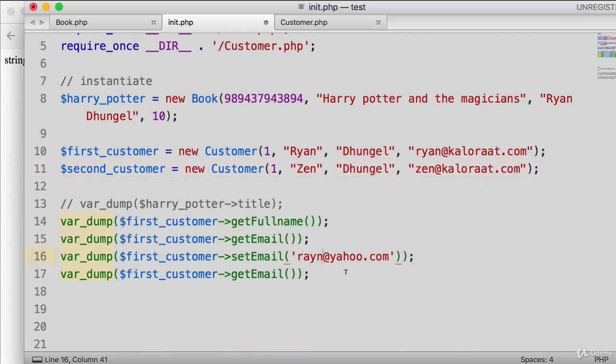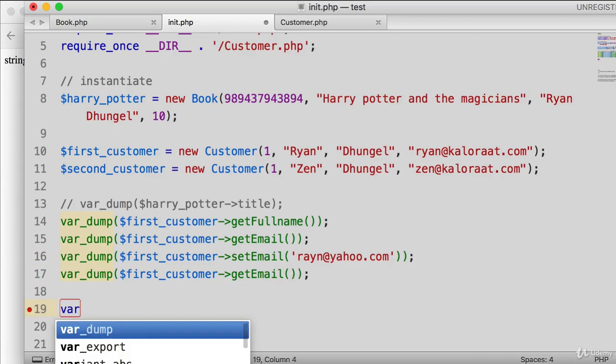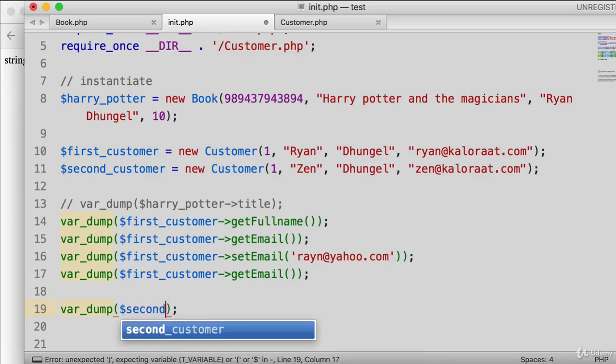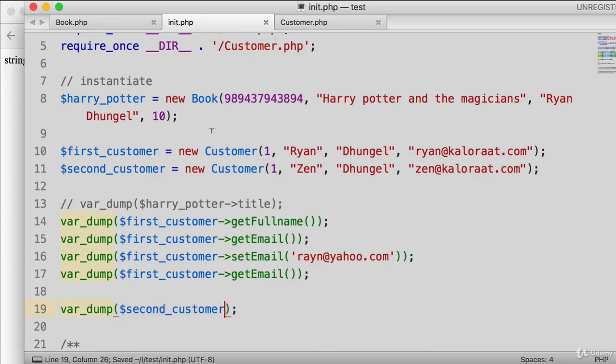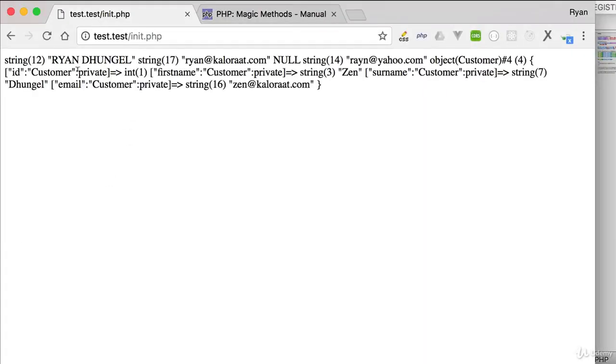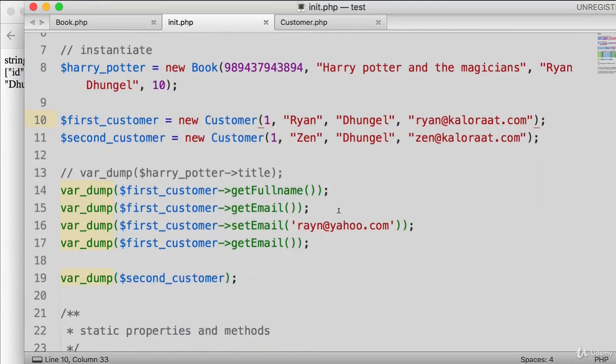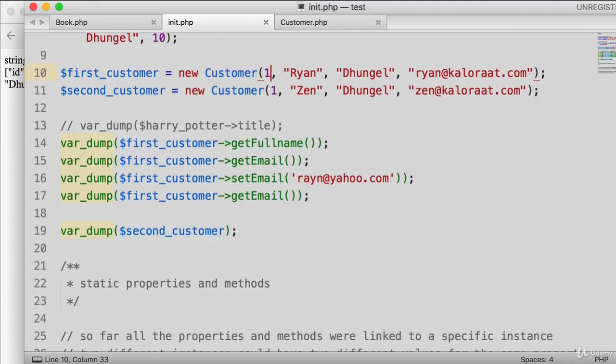So we can say var_dump, and we can var_dump the second customer. Okay, let's give it a try. So the second customer we created with Jen, with the surname of Dingle and the email of Jen. And we still have the previous one. So the class remains the same, properties remain the same, but based on the instantiation we get